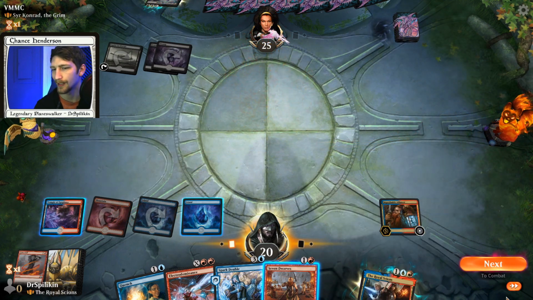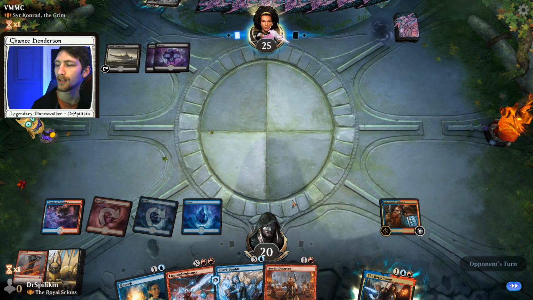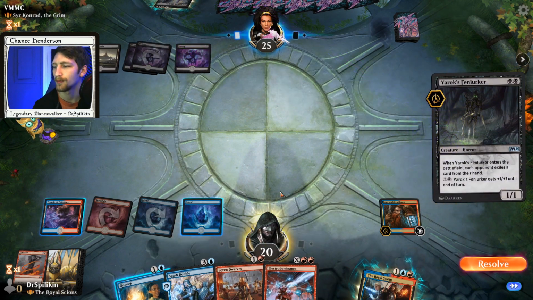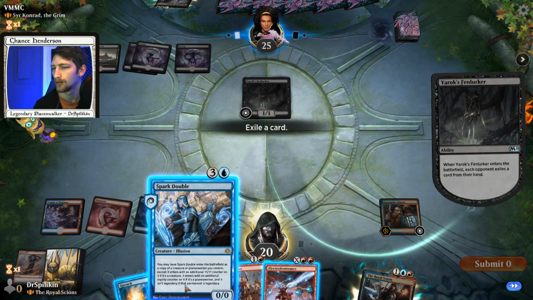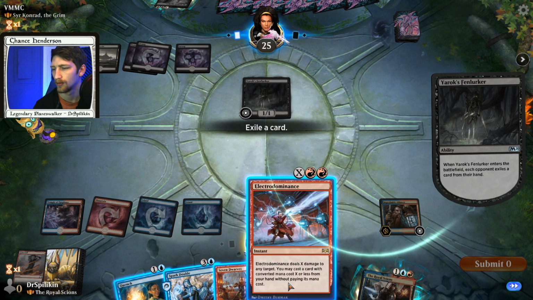And I'm going to leave that mana back for Quench, because I believe that we are going to snag something big with that Quench. Something big and beautiful. Yurok's Finlurker. Well, that's not it. What do we get rid of for Yurok's Finlurker? I actually kind of like the Spark Double. I think we...